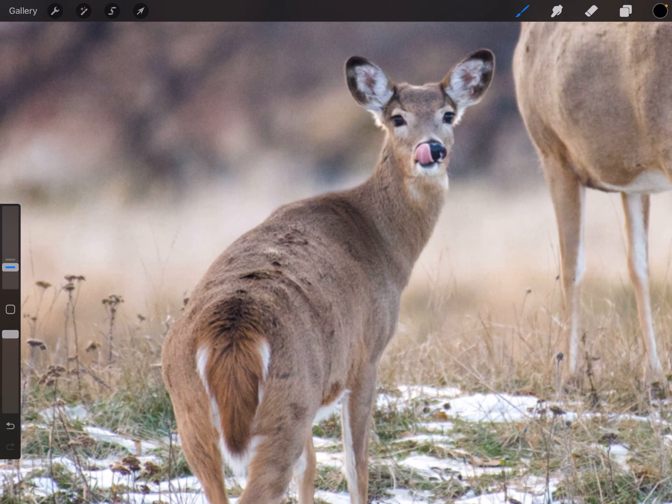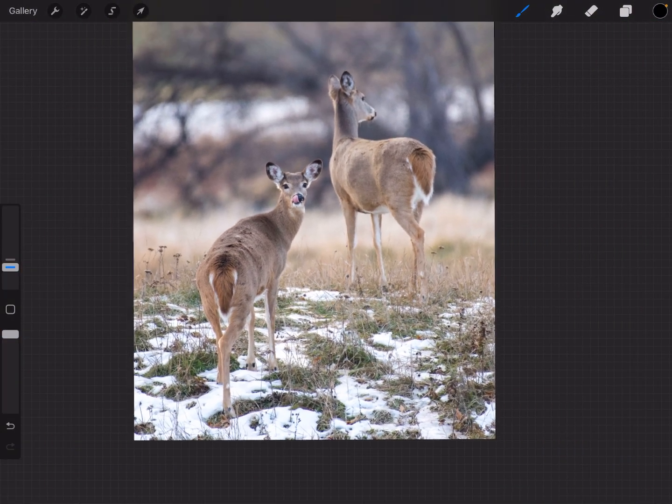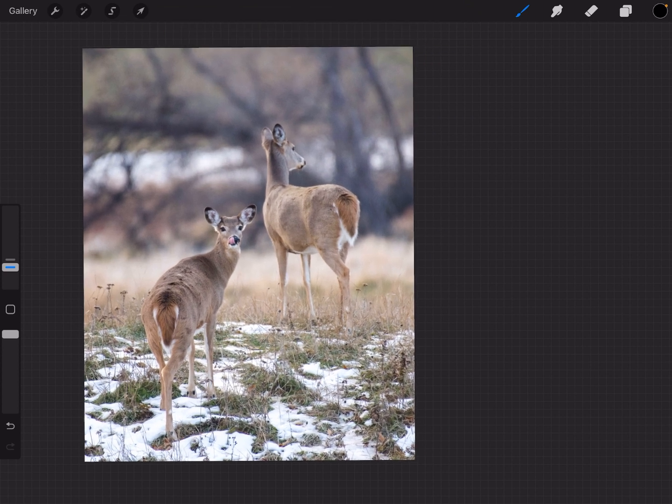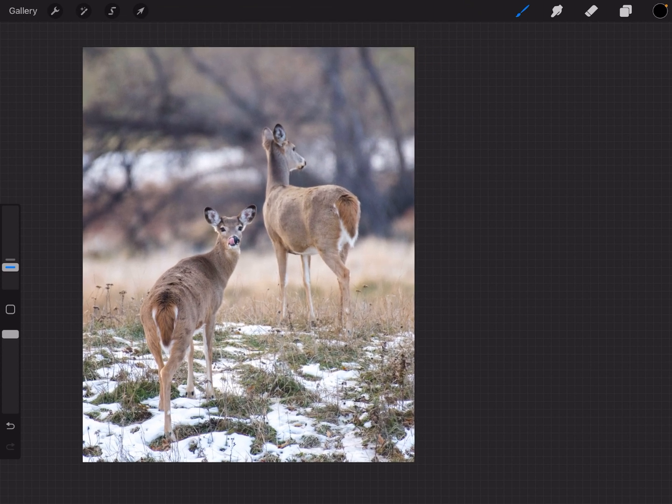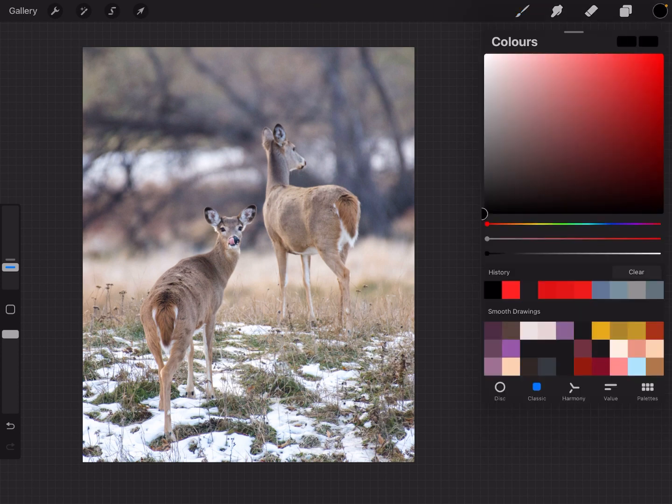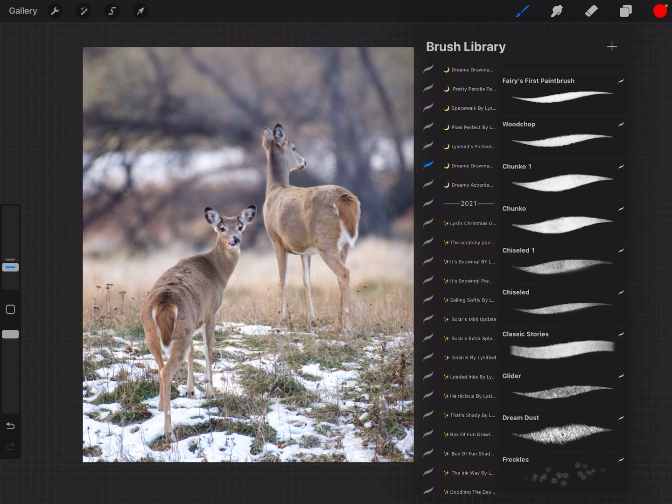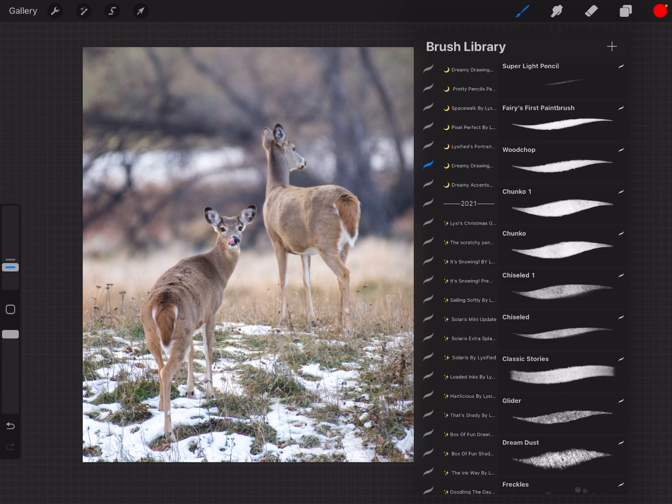He's gonna be my wallpaper for this month, and we are going to observe her and see how her shapes are. And with this method, you should be able to observe any animal, human, inanimate object, nature, anything, because this is how I learned how to draw and observe, and I hope that it will be very useful for you as well. I'm going to pick a very bright brush so you can see what I'm doing, and I'm going to pick something that has a higher opacity